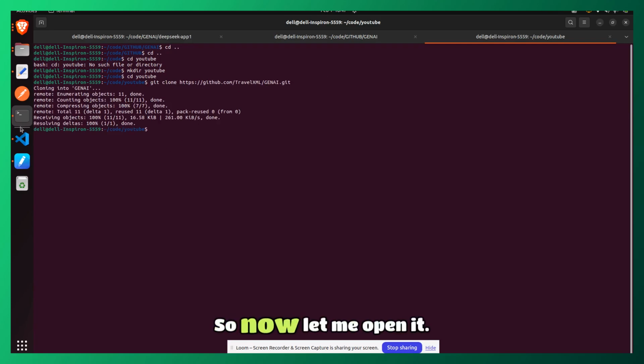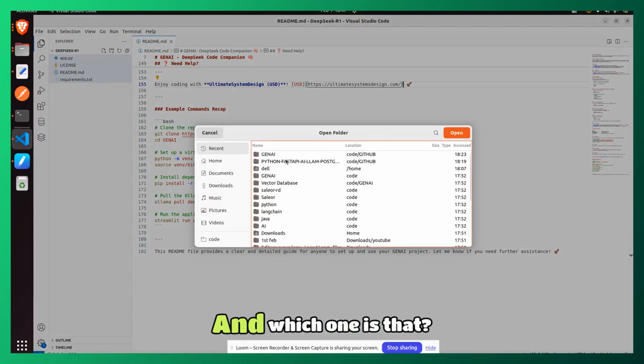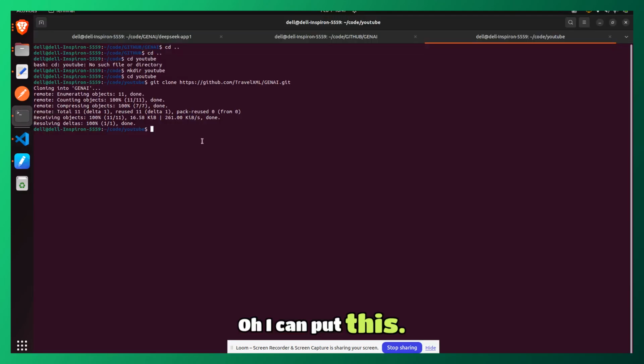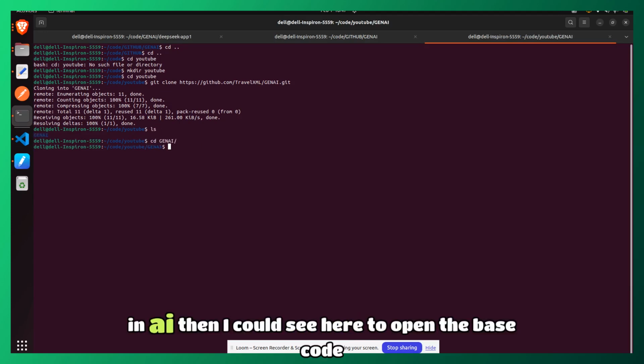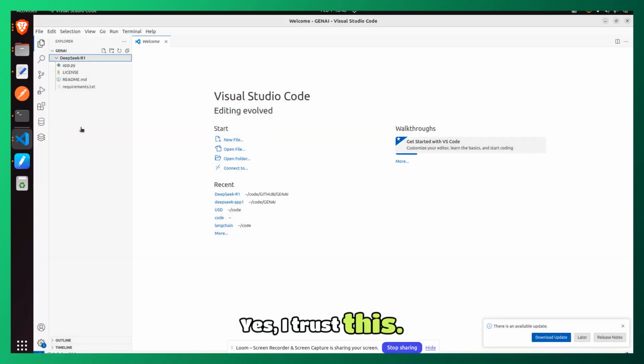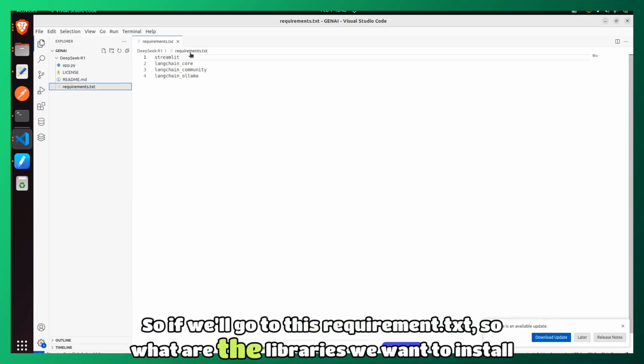So now let me open it. Let me open a project, open a folder, and which one is that? Oh, I can go to this cd, ls, cd in AI. Then I could see here to open the VS Code. So here's the DeepSeek-R1 model. Yes, I trust this. So if we go to this requirements.txt, we can see what libraries we want to install